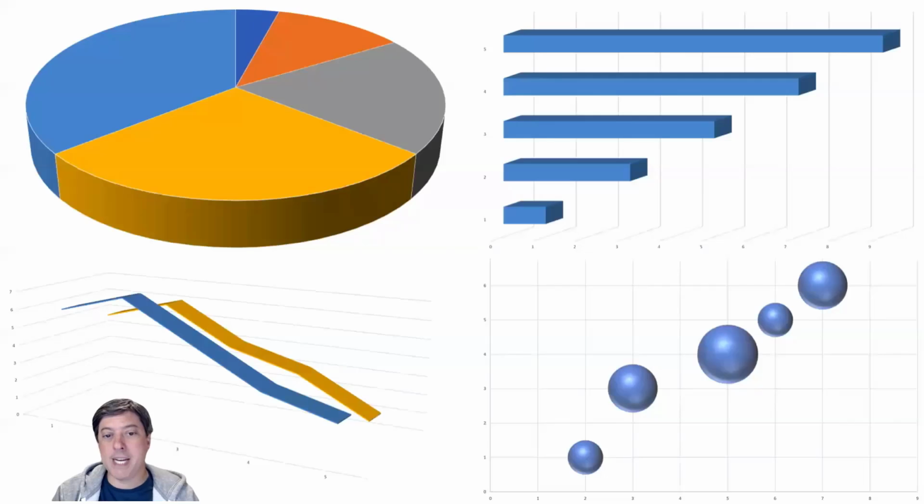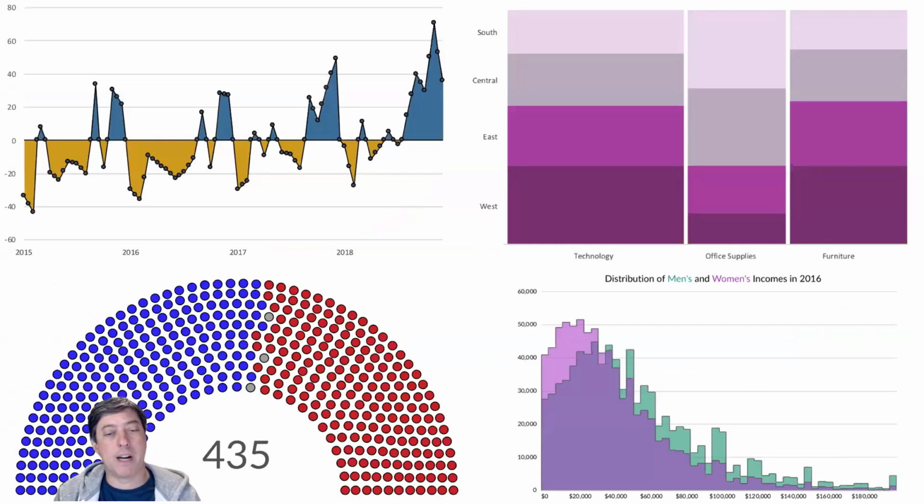So my plan in this talk is to try to get you away from all this default terribleness that we all know and have come to love/hate in Excel. All those 3D things, the 3D exploding pie charts and bubbles and ribbons and all that stuff. We don't want to use that. What we do want to do instead is to create better, more effective visualizations that sort of extend the capabilities